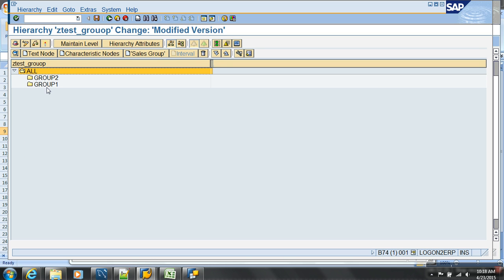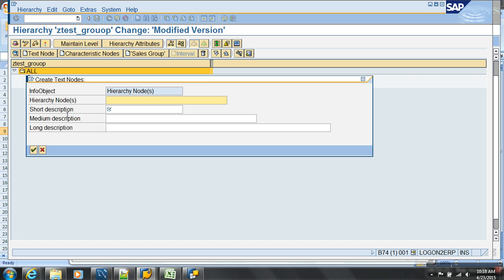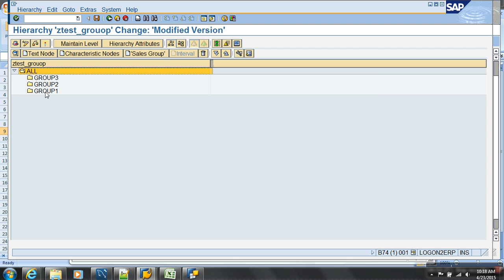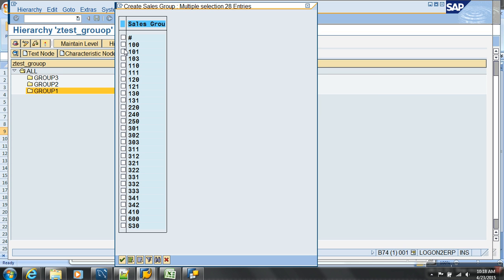రెండు గ్రూపులు చాలు. Okay, under group 1 I need to have some sales groups. Now right click on this and say sales groups. దానిలో కింద కొన్ని వేస్తున్నా.